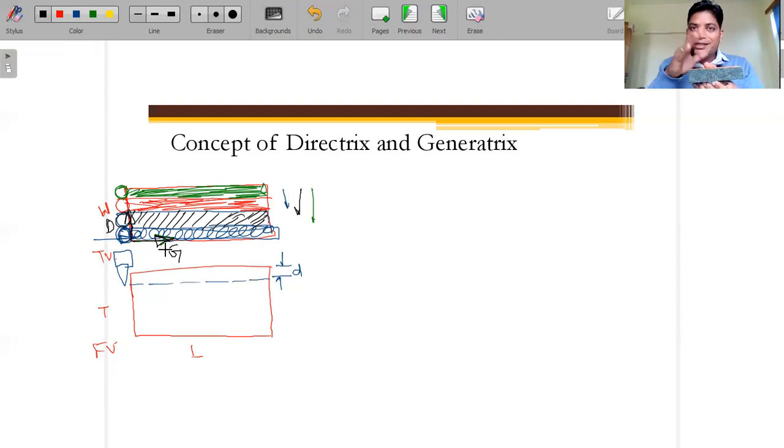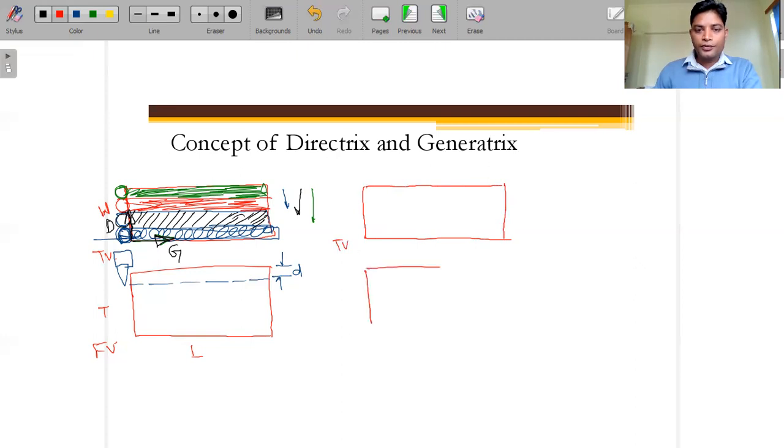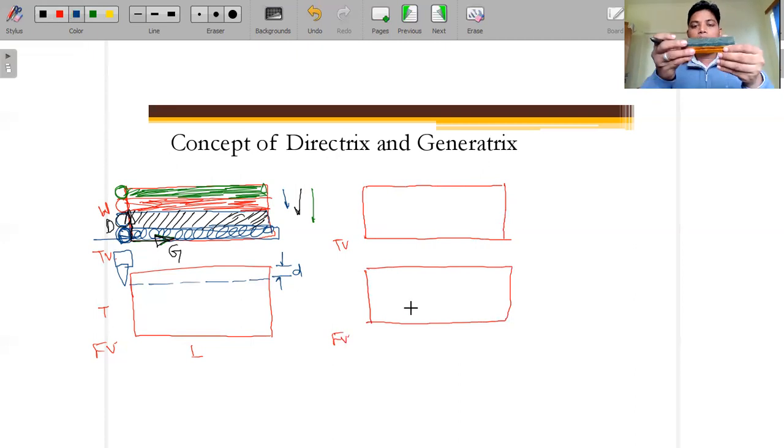Now I'm taking the same example. This is the top view and this is the front view. As I said, we are keeping this tool over here and moving in this direction.